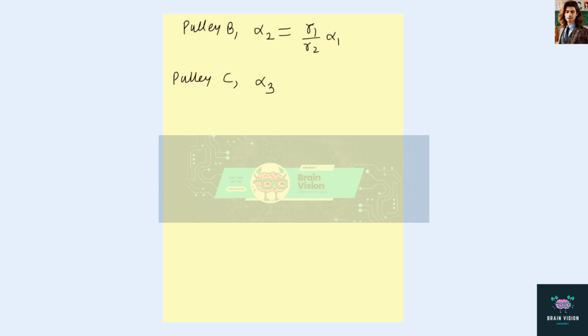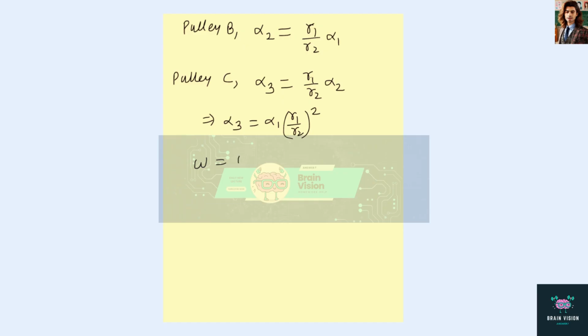And for pulley C, we can write alpha 3 equals R1 by R2 multiplied by alpha 2. So from here alpha 3 will be equal to alpha 1 multiplied by R1 by R2